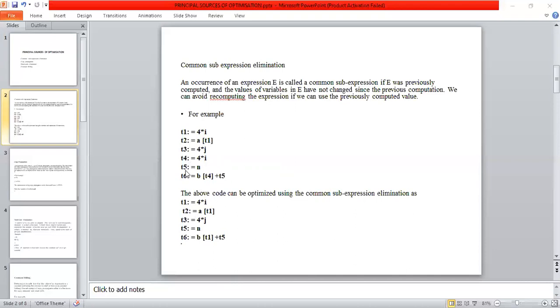The next statement is T5 is equal to N, and then T6 is equal to B of T4. Here T4 is nothing but 4 into I, and since that statement was eliminated, the same 4 into I is in T1. So I write B of T1 plus T5. This is the code after eliminating the common subexpression.